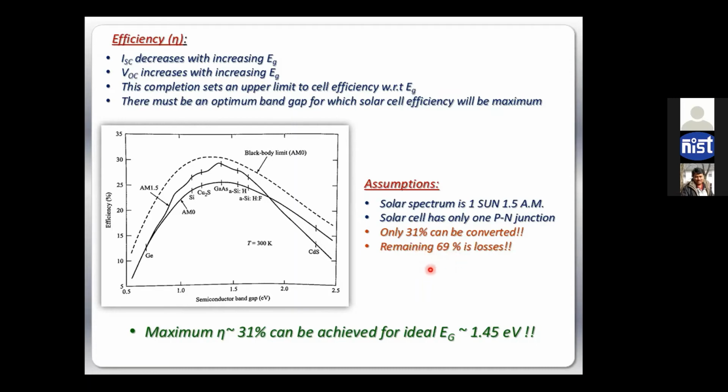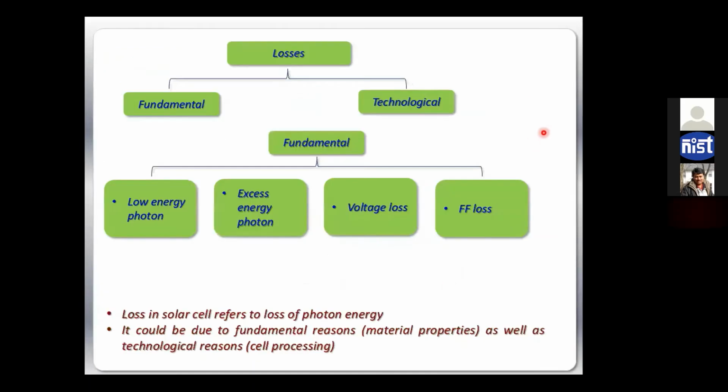But before that, let us understand what this 69% of loss is. Once we understand this 69% of loss, we can come up with solutions to minimize those losses, right? Because ultimately, if we can minimize those losses, whatever portion of the 69% we minimize can be added to the efficiency part, right? So that is our target.